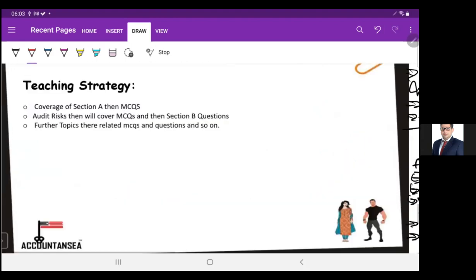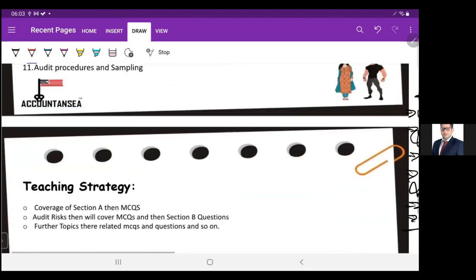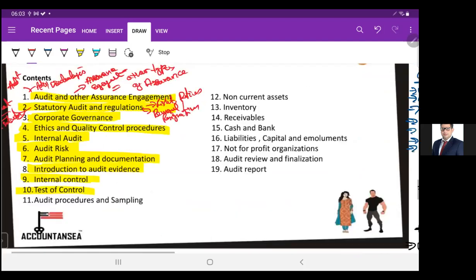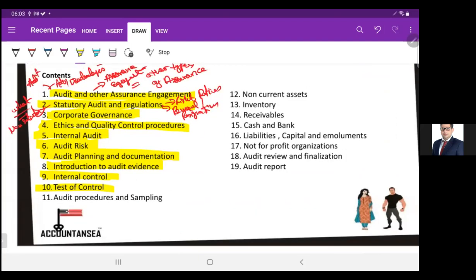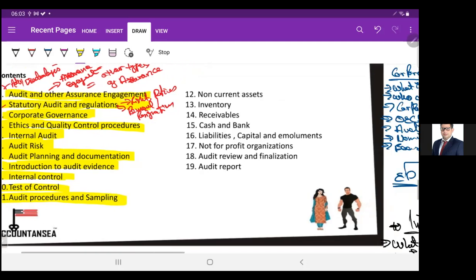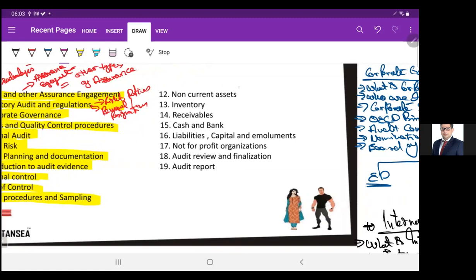Moving ahead, audit procedures and sampling. What are audit procedures? Then we have sampling risk and non-sampling risk. What types of samples do we have? That is random, haphazard, hazard sampling, various types of sampling which we will look at, and then we will look at the substantive